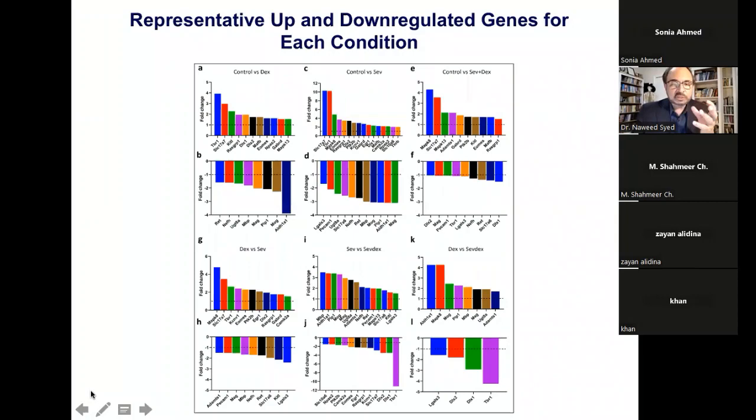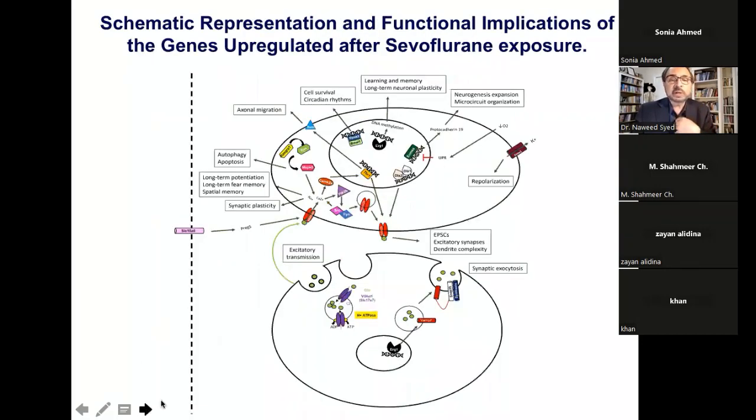Most of these genes were either highly upregulated, many fold, or downregulated significantly. We looked at what these genes were, and we found that the majority are involved in learning and memory, which is neural plasticity, and some in cell survival, in circadian rhythm, which is NPAS2 and BMAL1, and axonal migration, which is another gene,